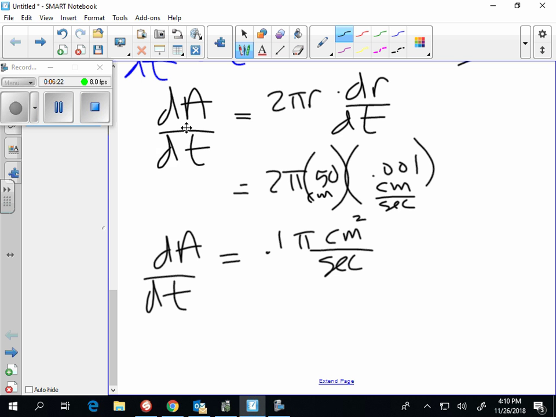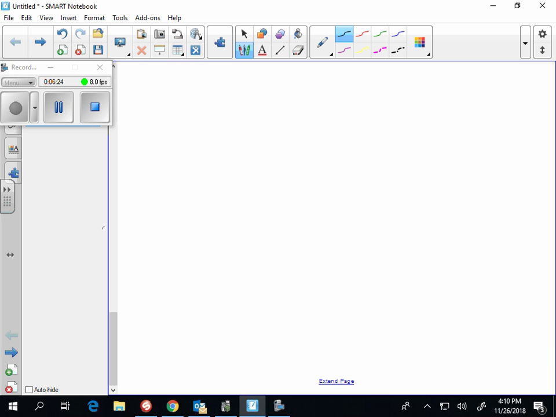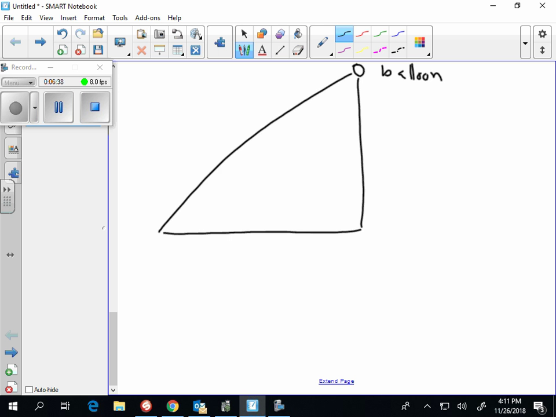Question 2. A hot air balloon straight up from a level field is tracked by a rangefinder. Here's the balloon. Here's the rangefinder, 500 meters from the balloon's liftoff point. There's where the balloon lifted off. At the moment, the rangefinder's angle of elevation,